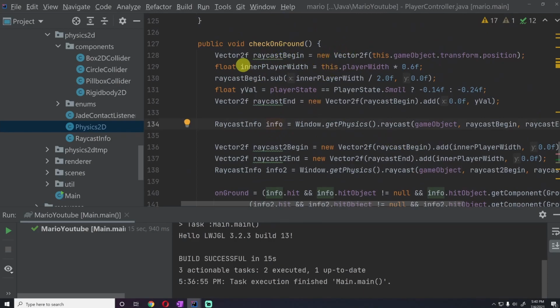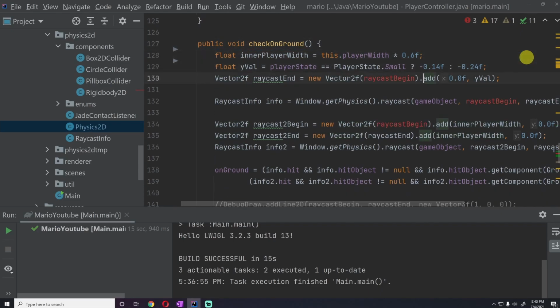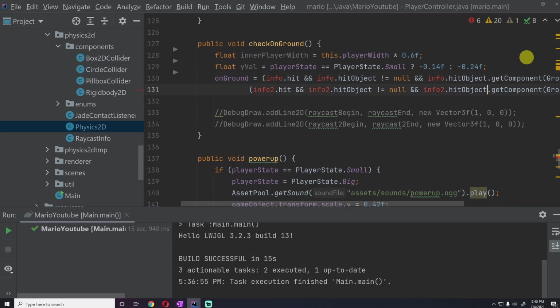So we will still need inner player width, so I'm going to keep that. We can get rid of that. We can get rid of that. We still need yval, and then we should be able to get rid of everything else. And then we can just say, instead of all of that,